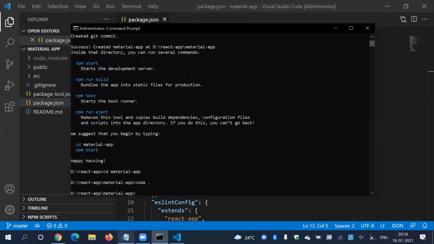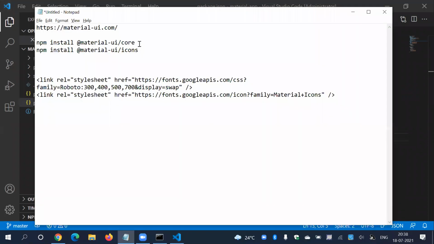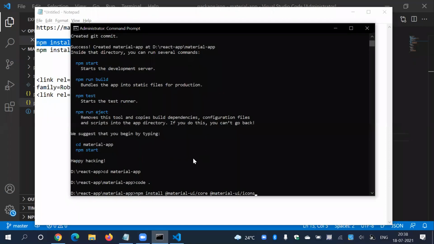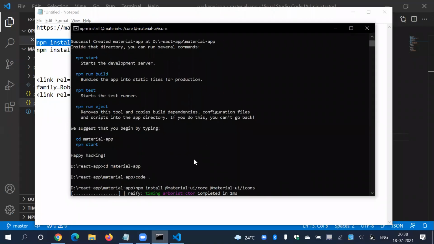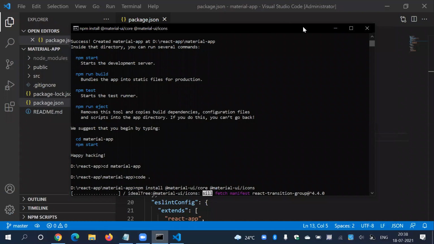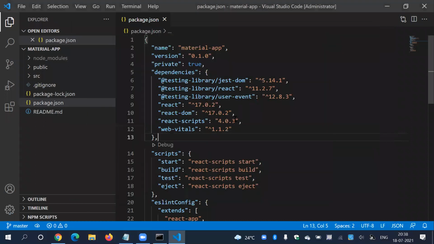So first thing we are going to do is install these two packages. I can install one by one, or I can simply install both packages at a time. So I will simply add npm install, first package, second package. Press enter. That's it. It will automatically add core and icons, both the packages, in our project here in package.json.